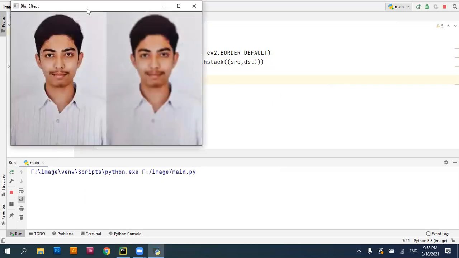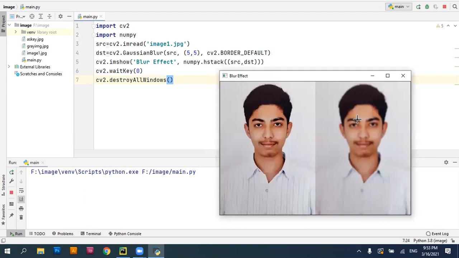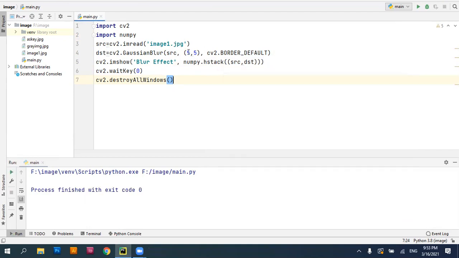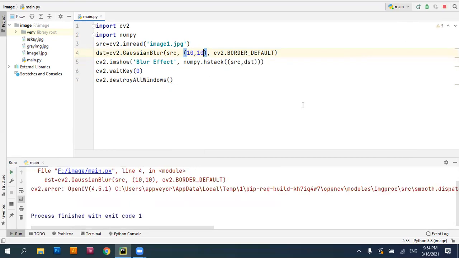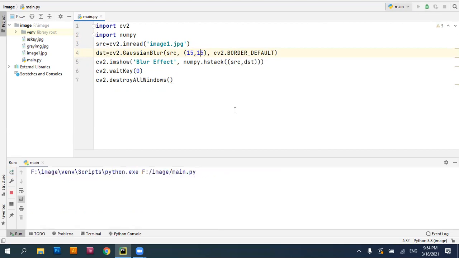Now you can see both the original file and the destination file, where this file is blurred. The value that I have given is 5. Now what we can do is increase the size here. As I increase the size, you can notice what difference you can find. I'll save this and run this again. There is a small change I have to make. This is 5 and this is also 5, so rather I'll specify this as 15 and 15. Then see what's going to happen.